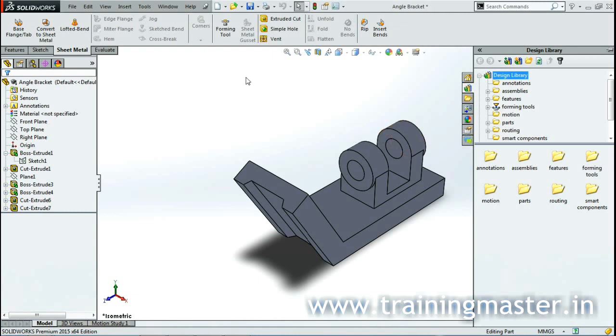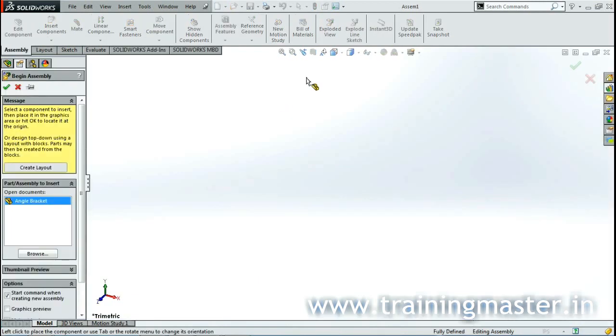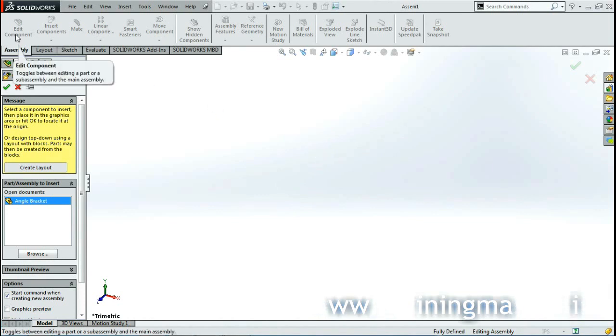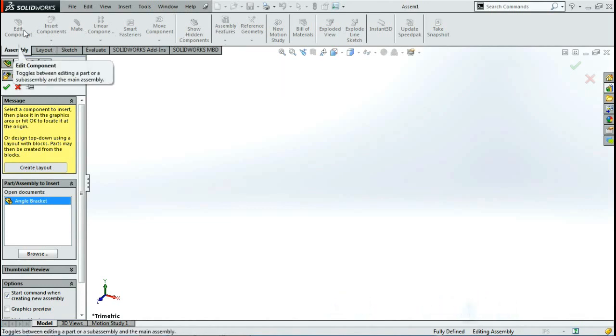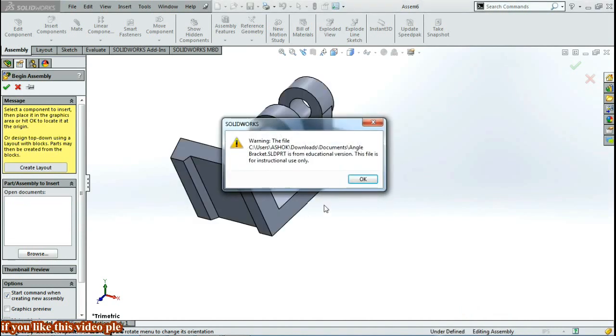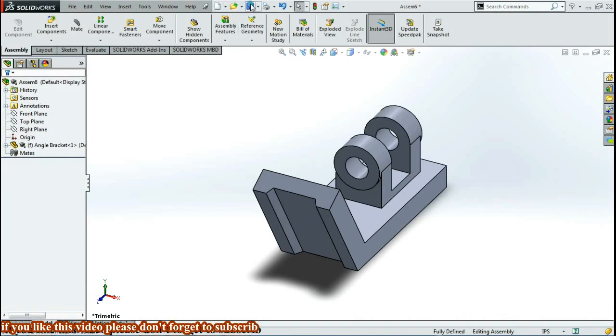And now, if we go into the assembly environment, you can see that the user interface looks very similar. What is different is the CommandManager. You will have different tabs, different ribbons, because we are in a different environment. And the same is true with the drawing environment.